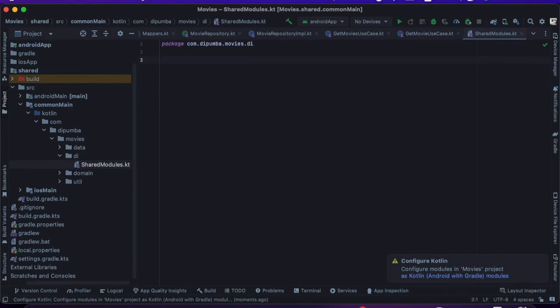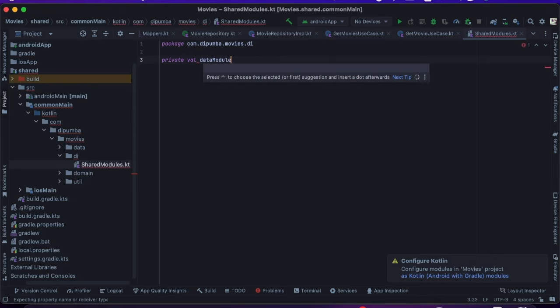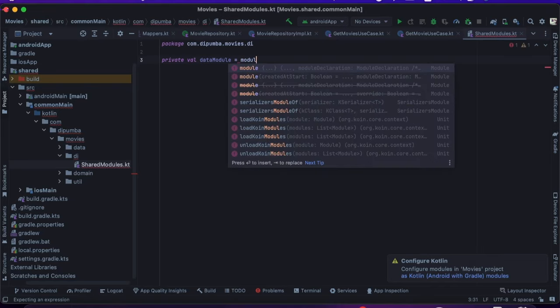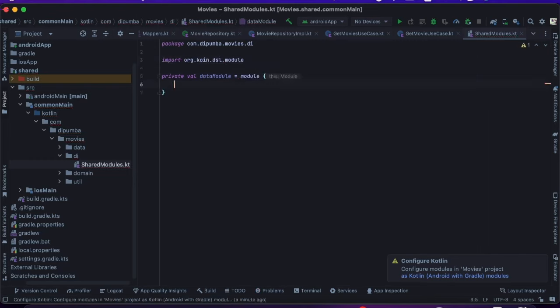So in here, just to keep things organized, I often decide to create this per layer module. So first of all, I will declare this private val data module for all data related classes. So I need to call the module over here, and then